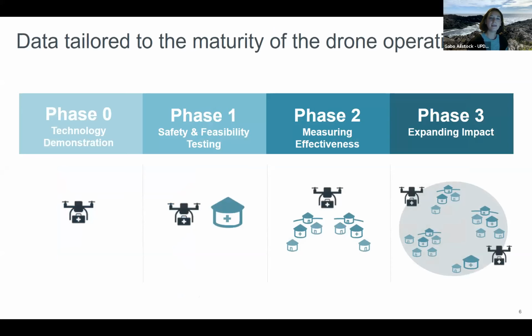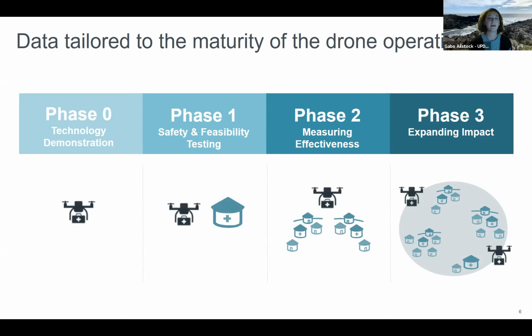So the data in the MD3 is categorized into 4 different phases of work, which are an agreed upon classification within the Drones for Health sector to identify the maturity of operations. And we did this because you would expect to see different results depending on the maturity and the scope of these operations. So we have the 4 phases here, and for phase 0, for example, this technology demonstration project, there